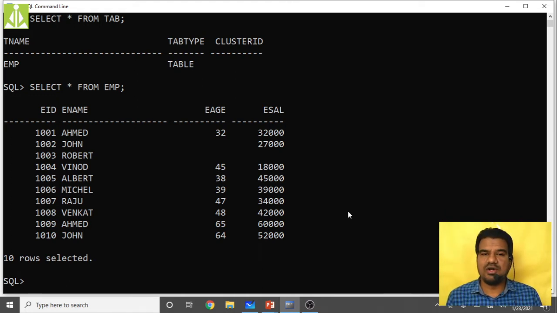Here I want the employees whose name is John, or whose first name is John. I want to select only those employees. As you can see clearly in this table, how many employees with name John do I have? I have 2 employees. One is over here with name John and another one is over here with name John. So I have 2 records.